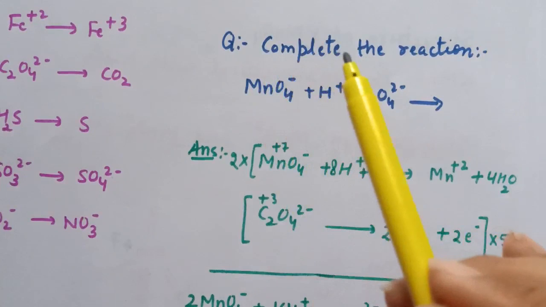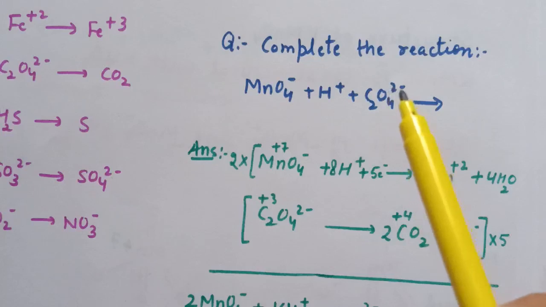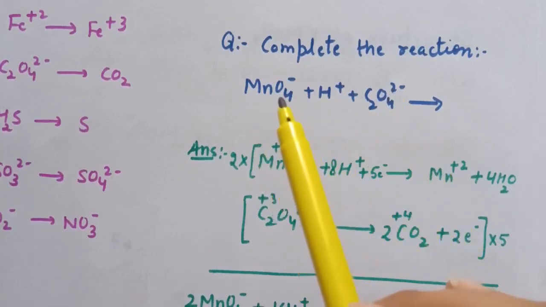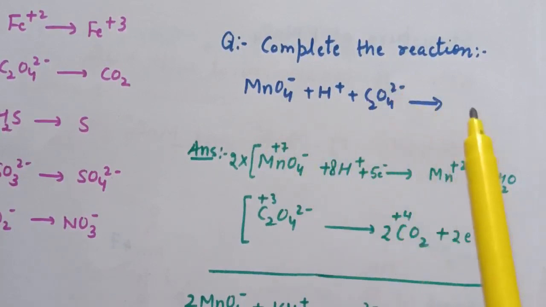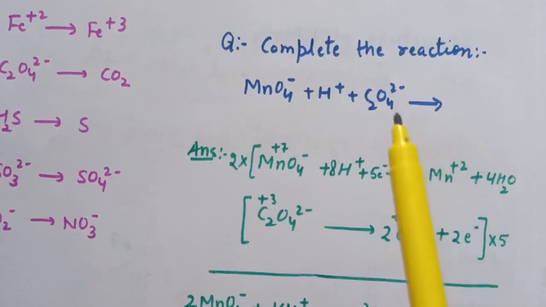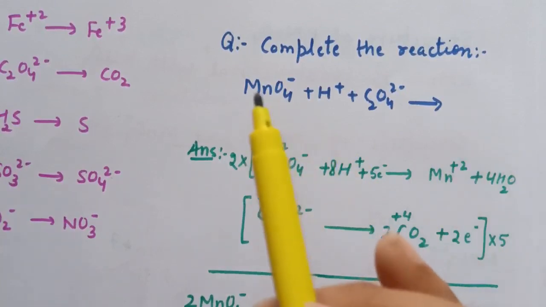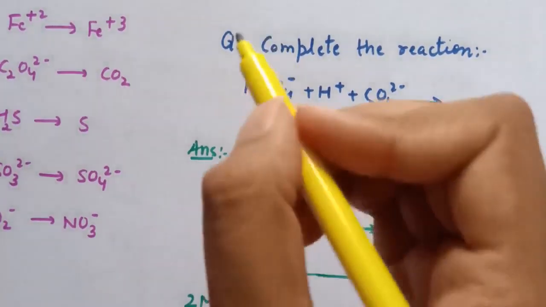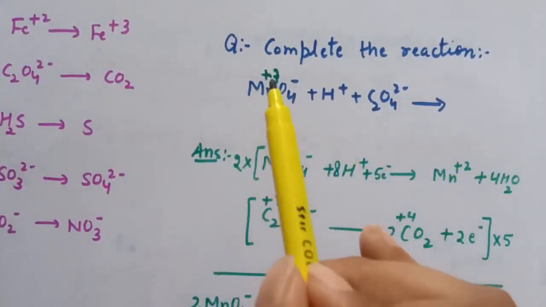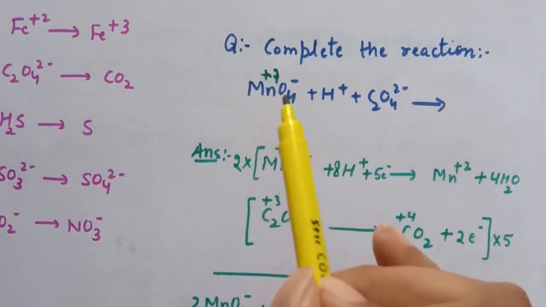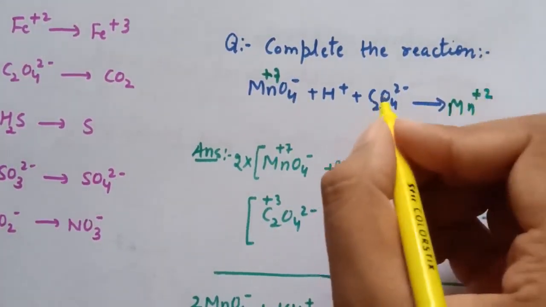So here one question is given: complete the reaction MnO4 negative in acidic medium plus oxalate ion. So this MnO4 negative, it will behave as strong oxidizing agent and it will oxidize C2O4 2 negative to carbon dioxide. So first of all, we will write oxidation half reaction, reduction half reaction, and then we will complete this reaction. So here the oxidation number of manganese in MnO4 negative is +7. So it will reduce +7 to +2, that is MnO4 negative, they will convert to Mn+2, and the C2O4